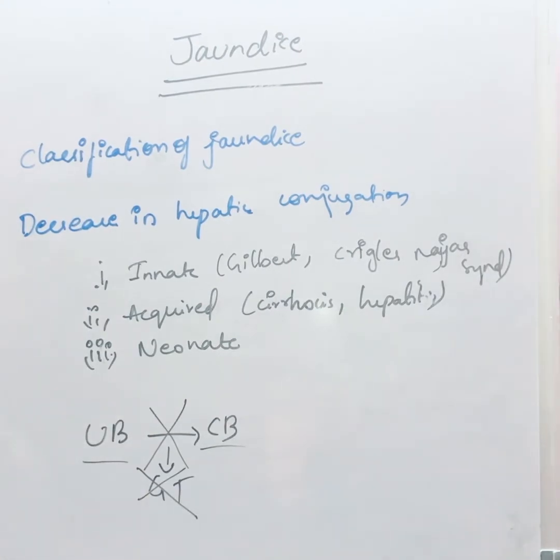In Gilbert syndrome, there is a genetic mutation in our body. Because of that reason our body is not able to produce enough of this enzyme, so that there will be less amount of glucuronide transferase enzyme. Because of that reason we get jaundice, that is unconjugated bilirubin form.